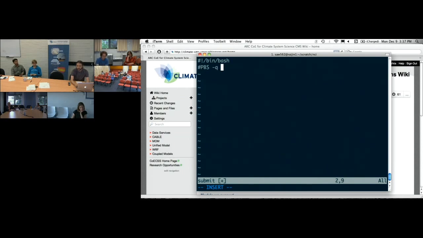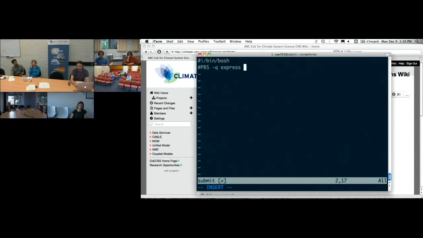If you recall back when Paola was going over the NCI account command, there are 3 queues. There's the express queue. Jobs in the express queue are more likely to be run quickly. However, they will cost you more computer hours. So for every 1 hour you use in the express queue, you'll be charged 3.